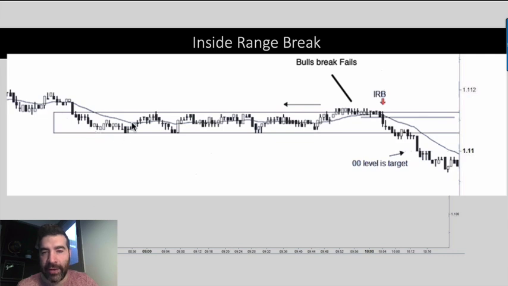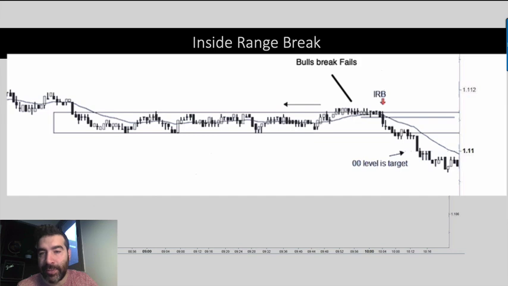Here's another example of an inside range break, right? You have a nice little range here, and you've got to worry about this resistance over here for the bulls. There's a lot of consolidation. Then we went lower, and now you see over here that there was a buildup. A lot of people would get stopped out over here. This wasn't exactly the greatest push out from the moving average and the greatest buildup, so it's losing a lot of steam over here.